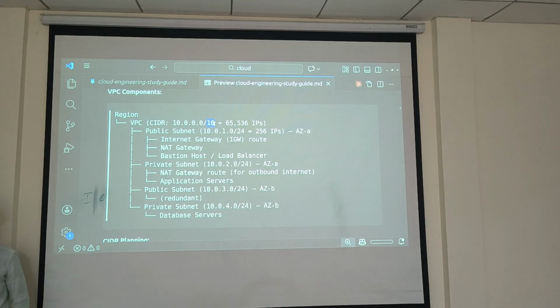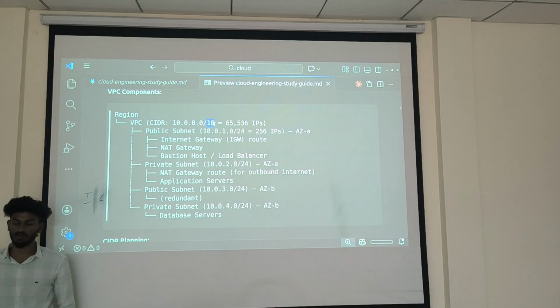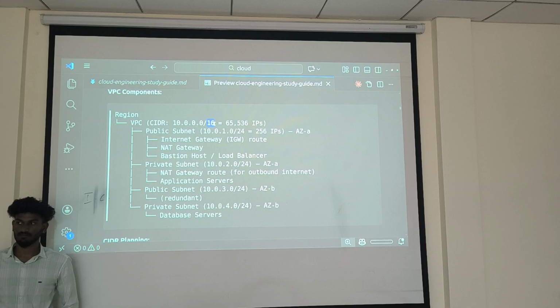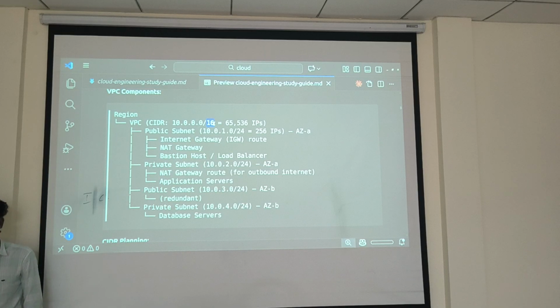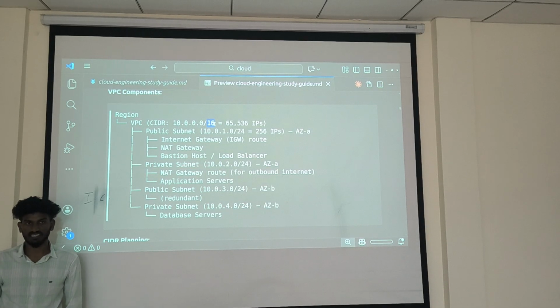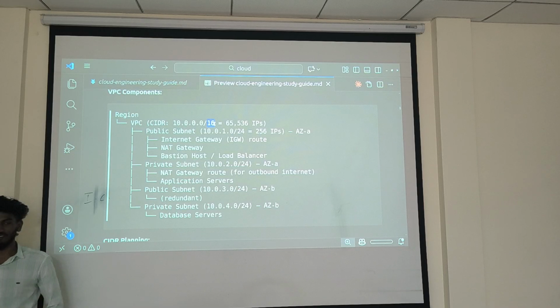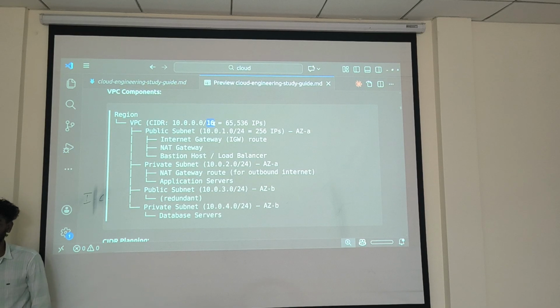What is the purpose? If I change this one to 32, what is going to happen? Does anyone know what is meant by CIDR here? I can keep 8, I can keep 16, I can keep 32. What does CIDR mean here?